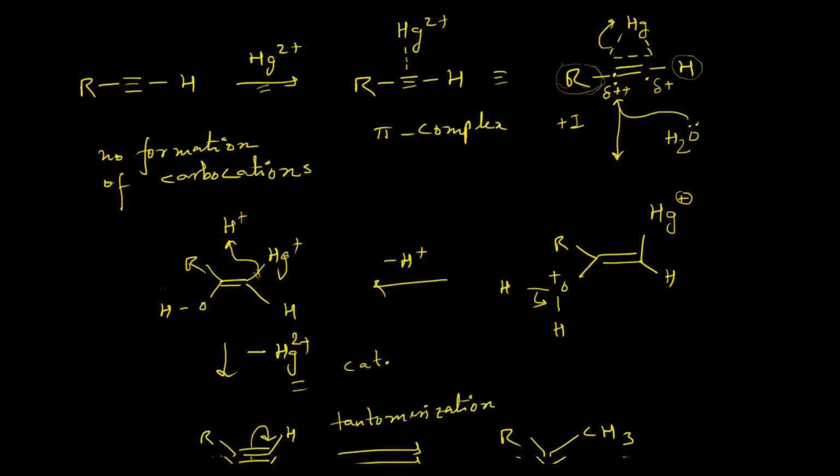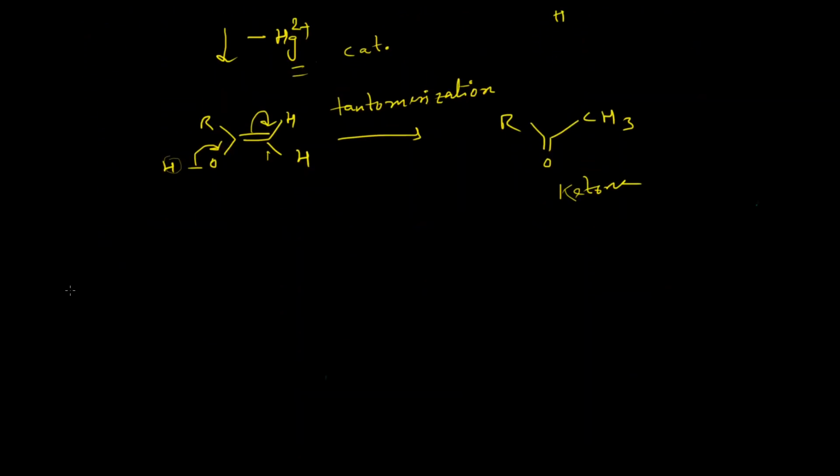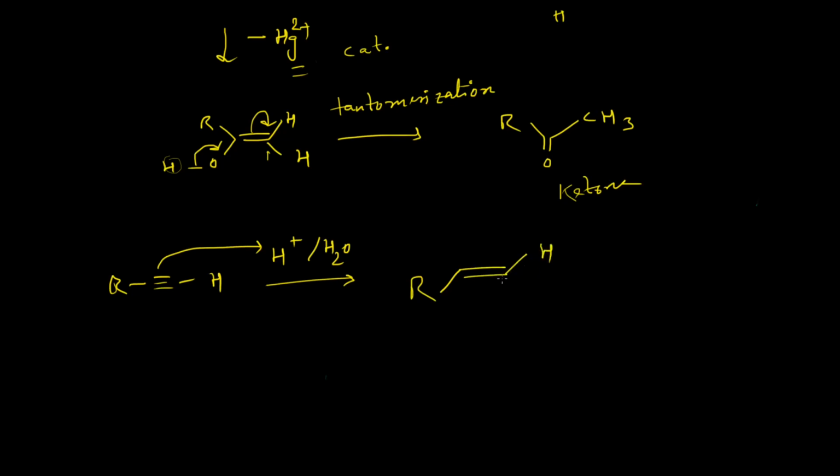Since if we consider the formation of carbocation, which will be the case if we replace the mercuric ion catalyzed condition by simple acid catalyzed hydration condition, then this will result in the formation of a very unstable carbocation. The carbocation will be like this,